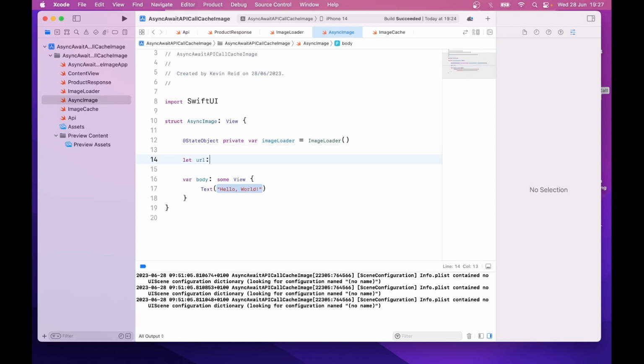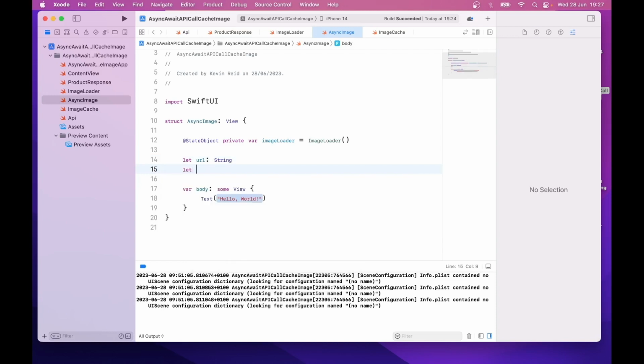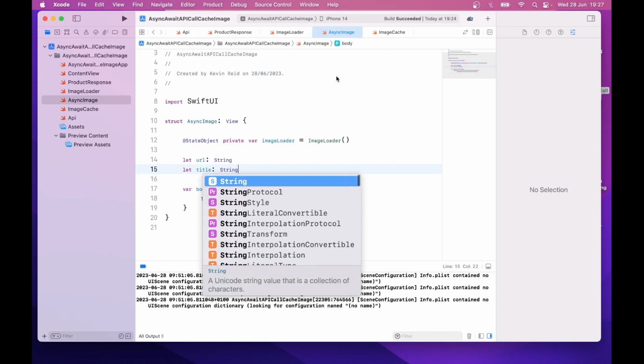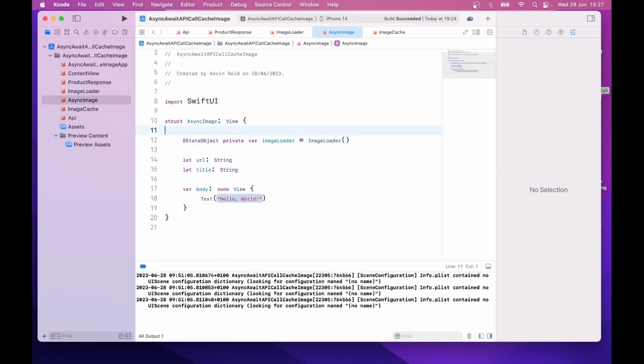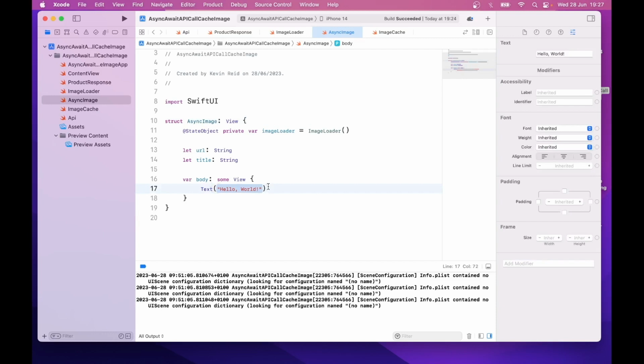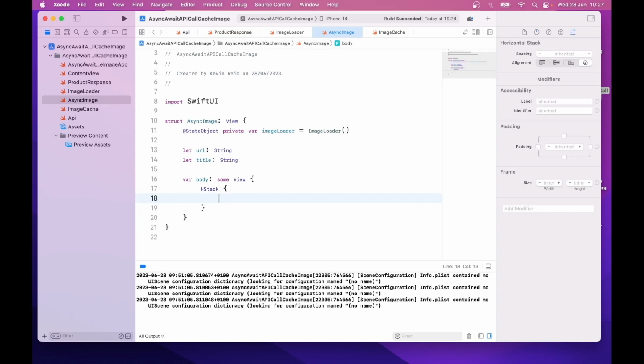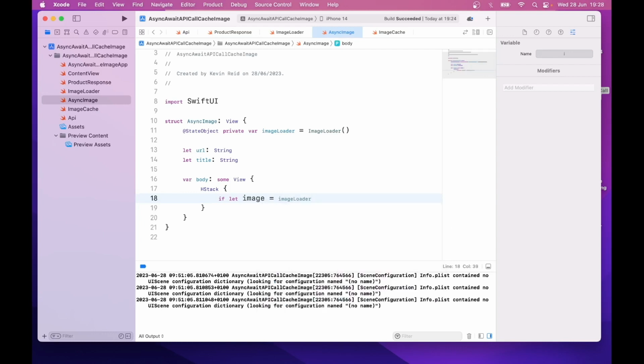Let urlString, let title string, and then within the body, delete line 17, and then type in HStack. Let's type in if let image is equal to imageLoader.image